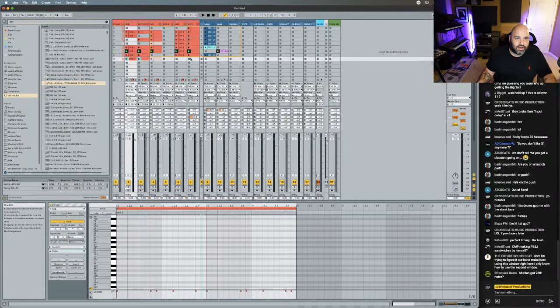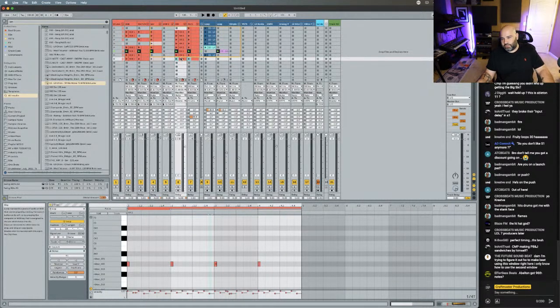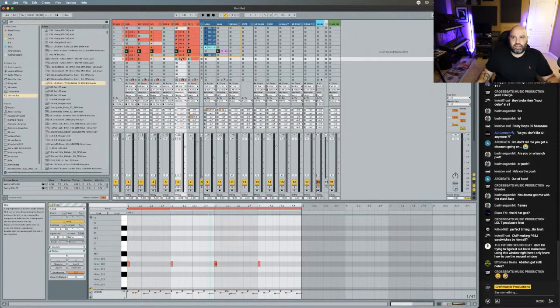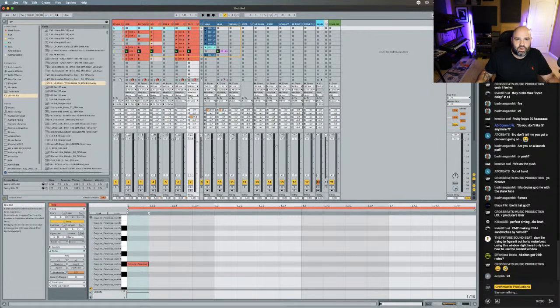You said you're trying to figure out how to make beats in this window. Future sound beat. It takes a second to understand what you're looking at here. But the way that I use it, each one of these is a scene, and you can trigger them to play all of the patterns in this one line.